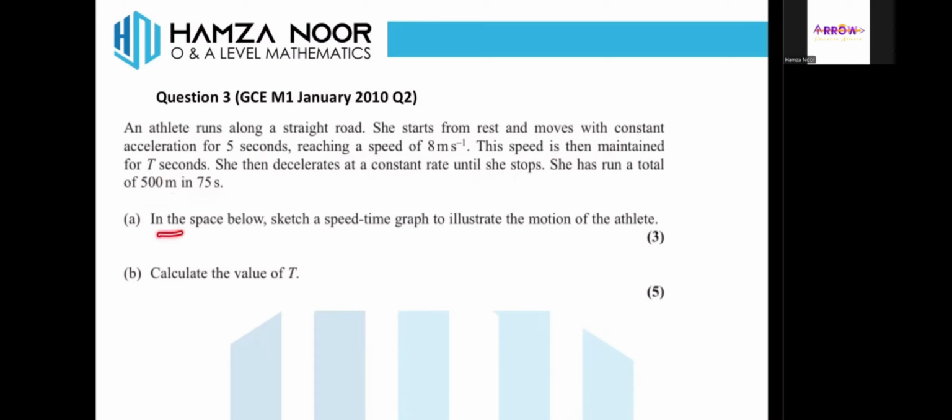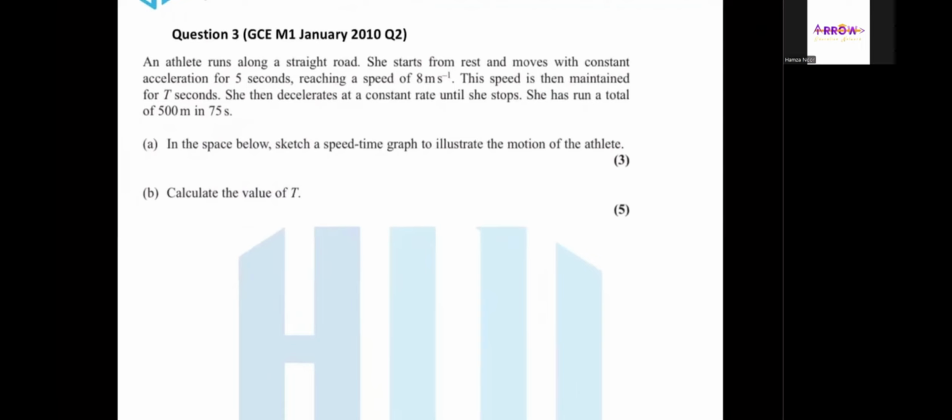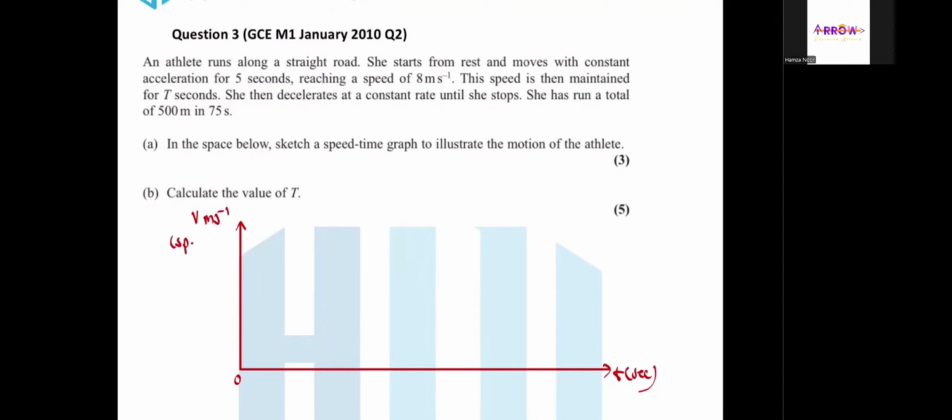So the requirement of part A is, in the space below, sketch a speed time graph to illustrate the motion of the athlete. In the paper, you would be provided with a space. First things first, we are going to make a sketch of a speed time graph. First I make the horizontal axis, then the vertical axis. Time in seconds on the horizontal axis and speed v meters per second on the vertical axis,